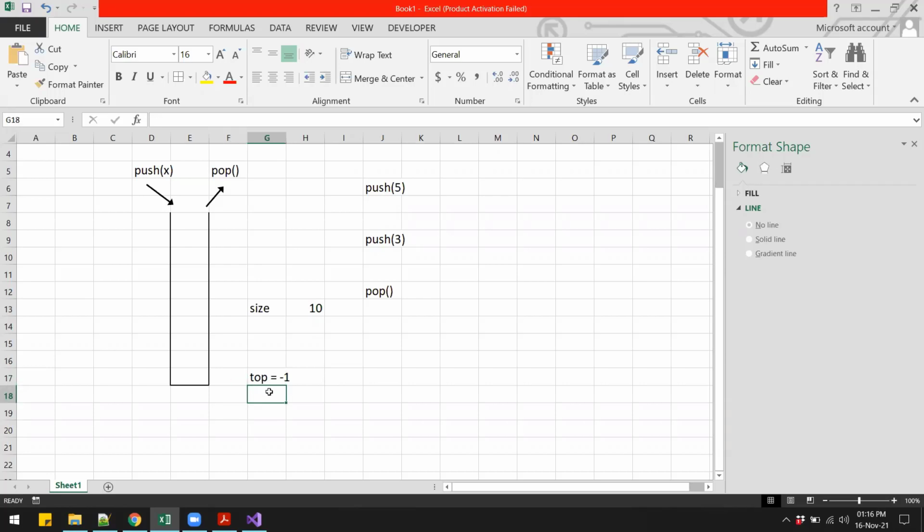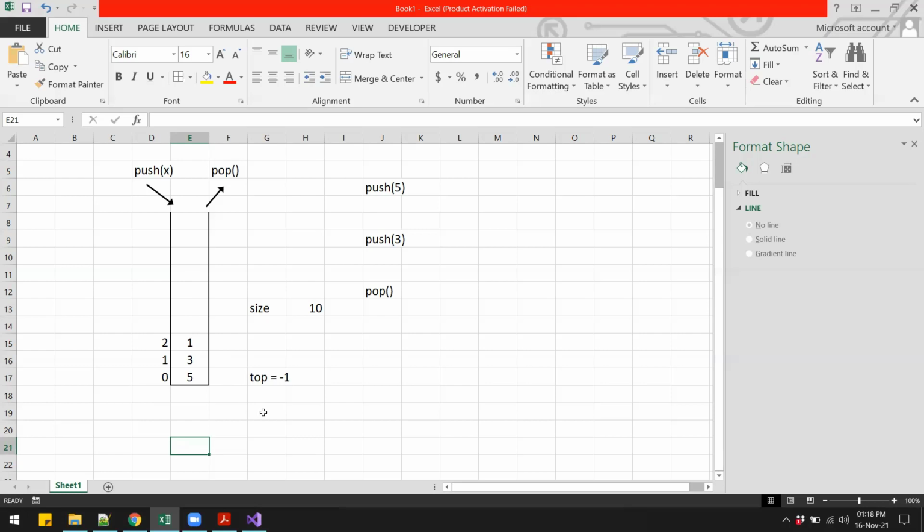Okay, so I'll say that if there are no items in my stack, then the value of top will be -1, right? So that is one way of doing it. And the other way could be you can use this top to keep track of the index, right? So if I have, let's say again, these values 1, 3, and maybe 5, we can assume this as index 0, this as index 1, this as index 2, and so on. But in a stack there are no indexes. We are just logically creating these indexes to help us get the very first item in the stack, that is the one that is on top.